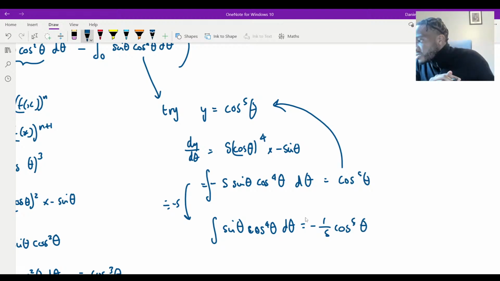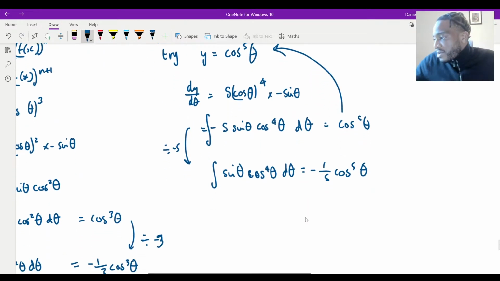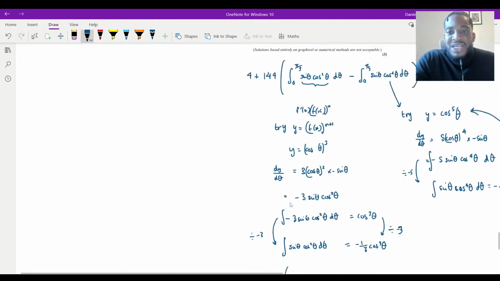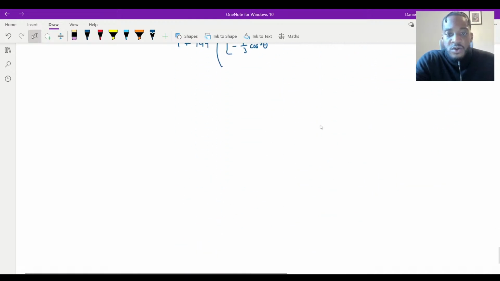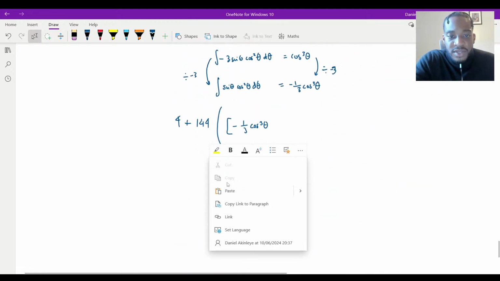So now, let me just make sure I'm not glitching anything. Okay, I think I'm fine, to be fair. All right, cool. I'm good. So now we can just bring these together because I know what that integral is. So let me copy that and bring this all together here. So we've worked out that. I'll copy that there, and I'll copy this here.